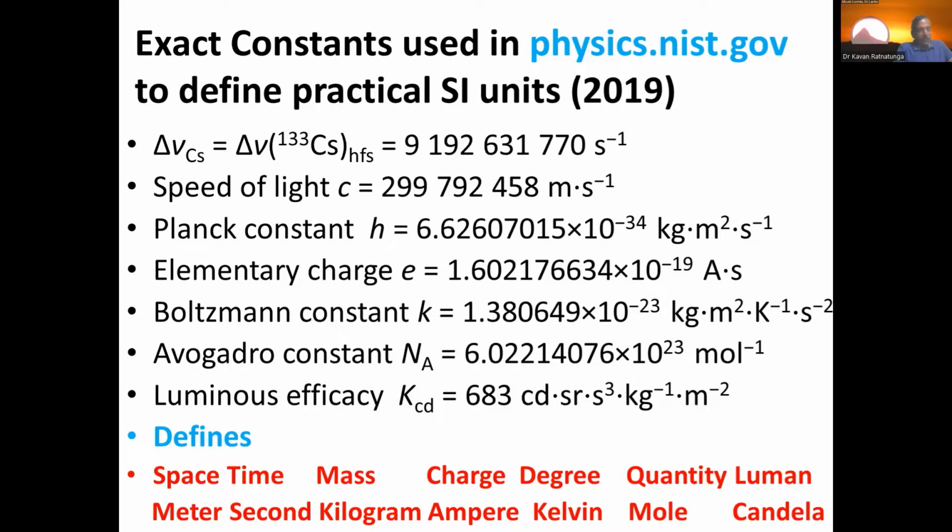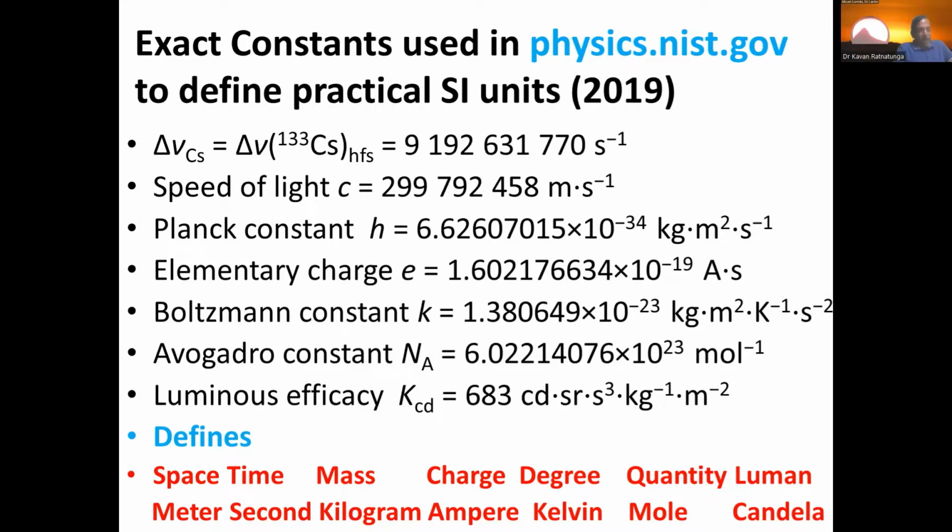No error bar. That defines the kilogram through the constant. The elementary charge has been defined. The Boltzmann constant has been defined, and that defines the degree. Avogadro's constant has been defined as a fixed number, 10 something to the 23,